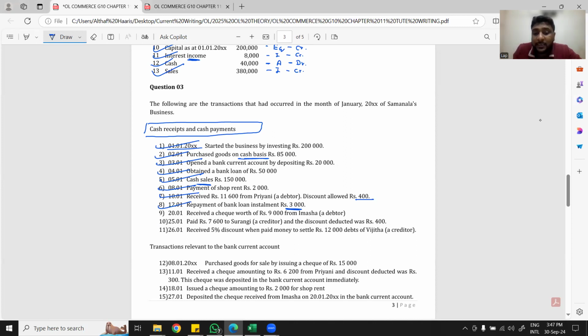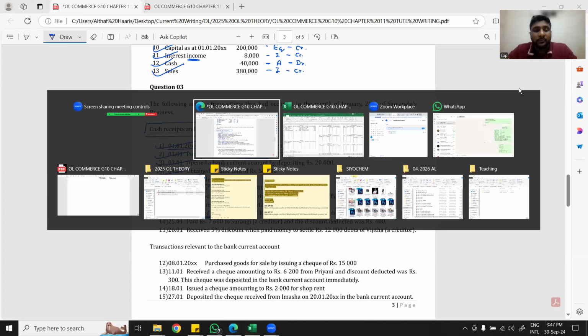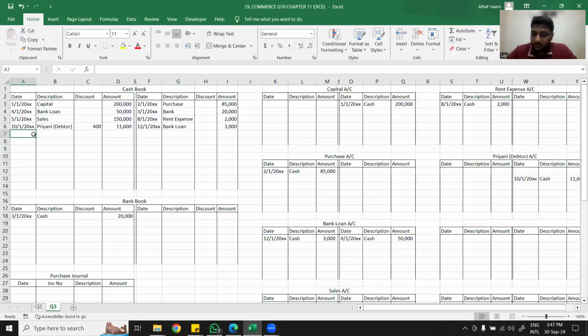Here, we just received the check. Once we receive the check, I told you, we will put it inside the locker. We will not put it to the bank. So it's a cash receipt. If you go and put it to the bank from the locker, only then the bank balance will increase. For the time being, only the cash balance is increasing. So we'll record it on 20 January